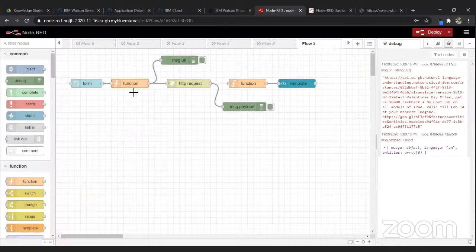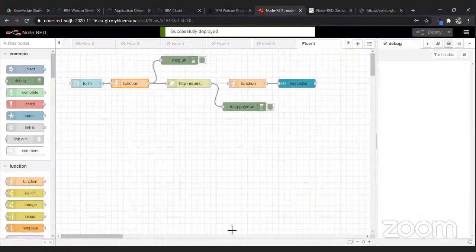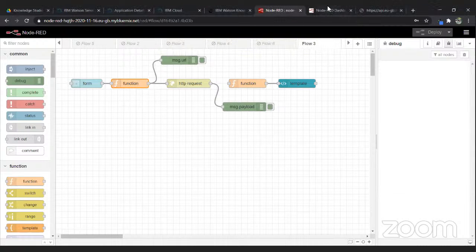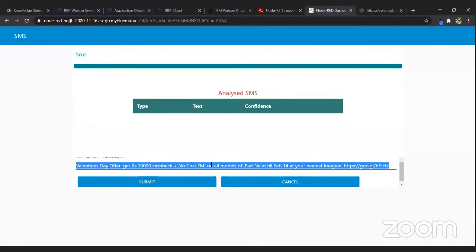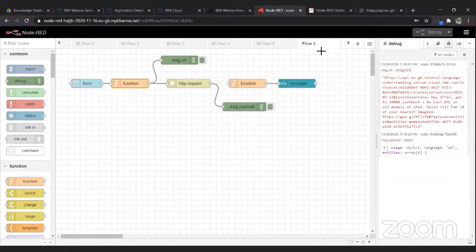This URL I'm giving it to my HTTP request. After I give it to HTTP request, I deploy it. I'll show you the output. So I'll take this text, submit it. Okay, so it is giving me a